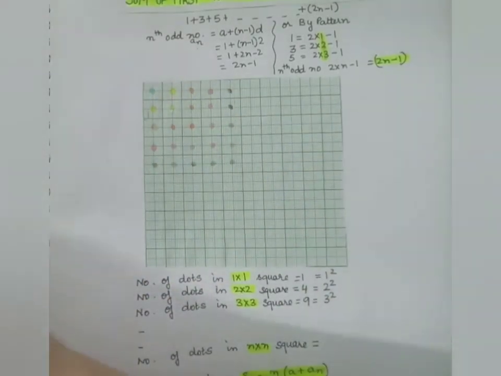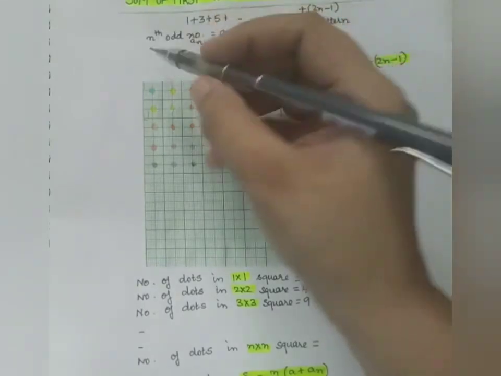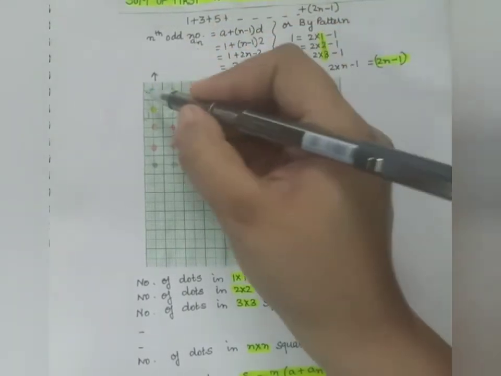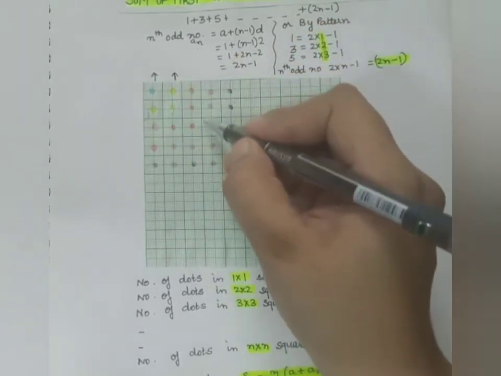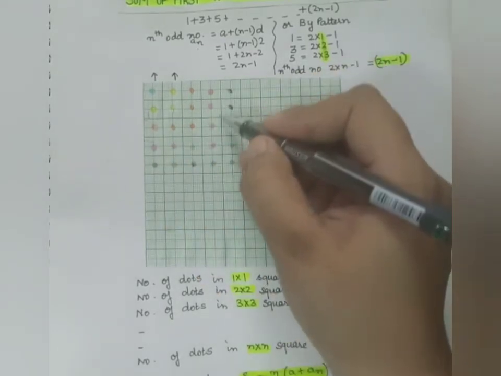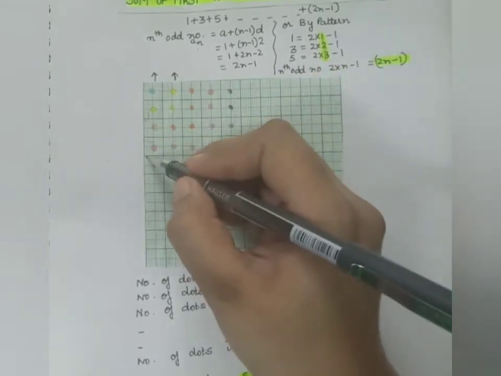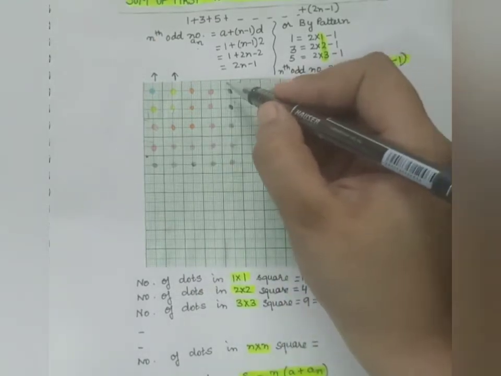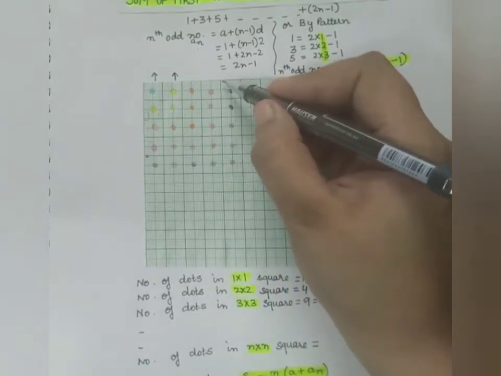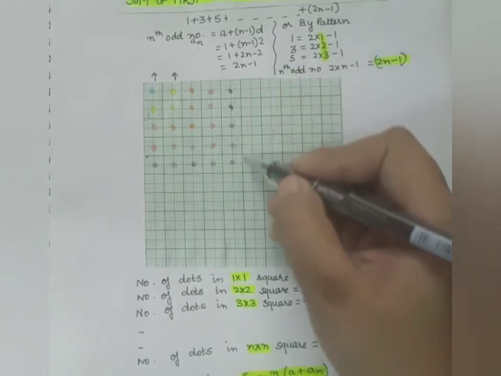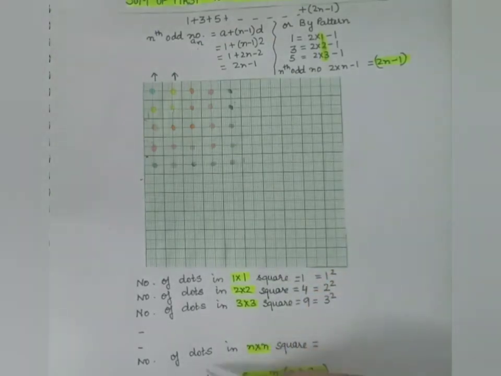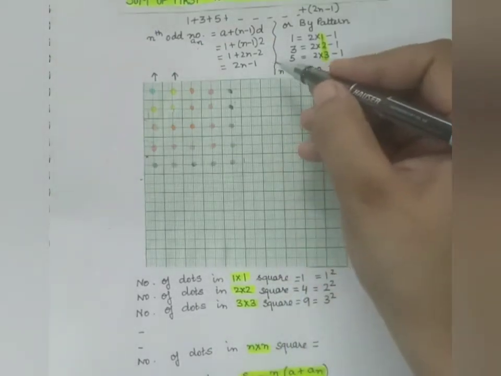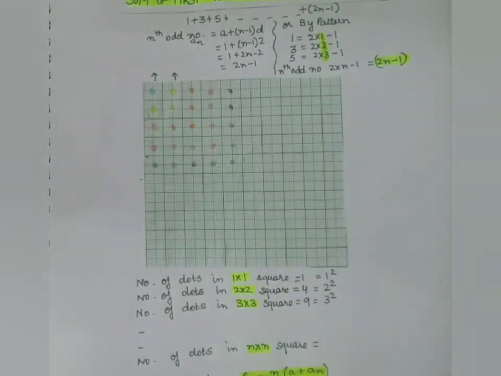So that means if I generalize this, when I am adding the first odd number, it is like 1. When I am adding two odd numbers, it is like 2 square. When I am adding 3 odd numbers, it is like 3 square. When I am adding 4 odd numbers, it is like 4 square. And to be very perfect, we are adding the first n odd numbers. So when I am adding the first 5 odd numbers, it is 5 square. So in the similar pattern, when I add the first n odd numbers, it will be n into n, which is equal to n square.